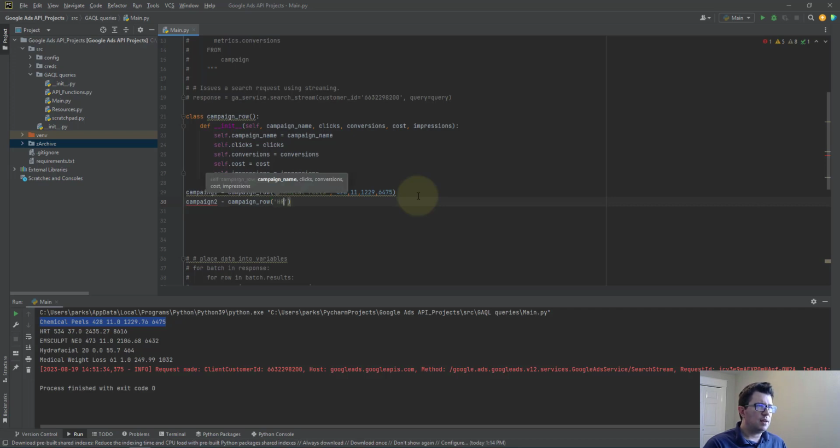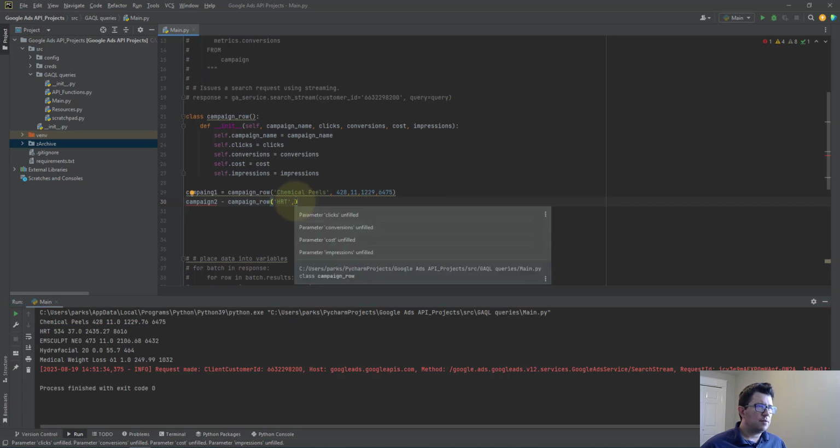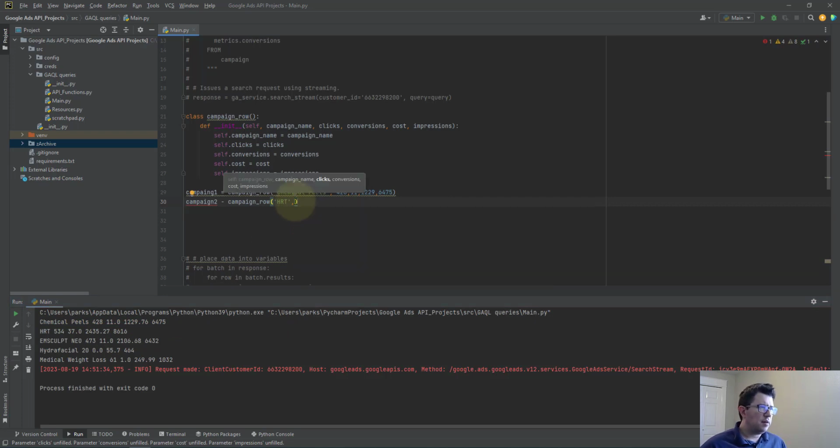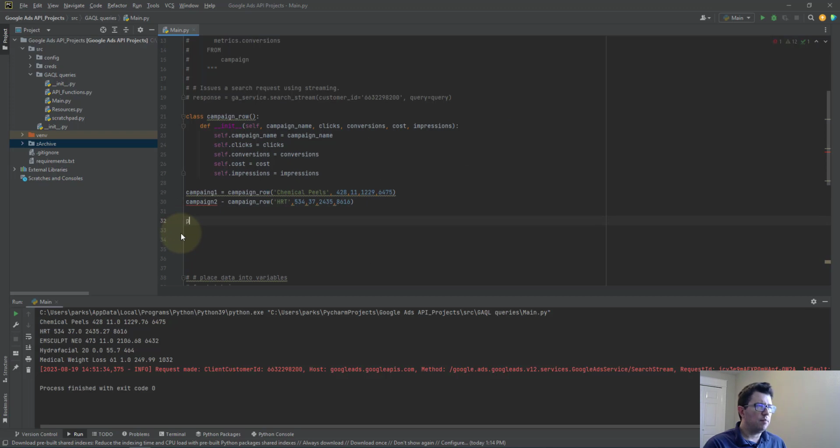I'll call that HRT as the second one here, and it will have 534 clicks, it will have 37 conversions, it will have cost of 2435, it will have impressions of 8616. If I print them, print campaign1, print campaign2,